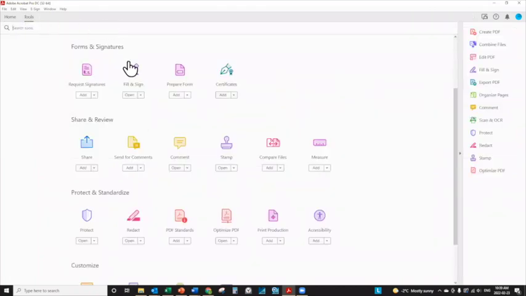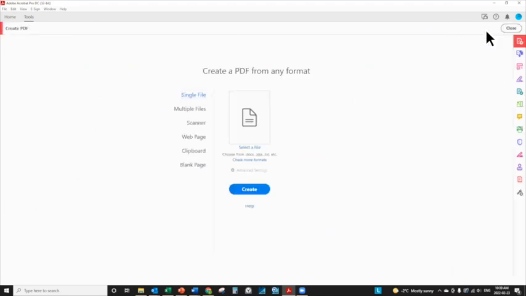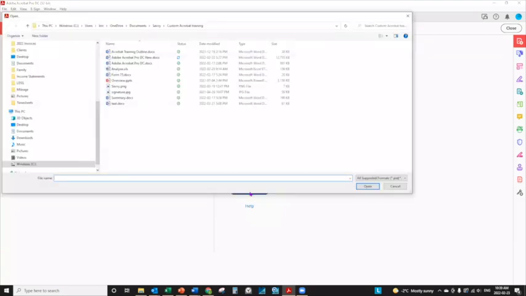and I can either choose Create PDF in the Create and Edit, or because it's on the Tools panel over on the right, I can choose it from there. So I'm going to click Create PDF. And you can see when you first choose that there's a number of different formats over here on the left. So I'm going to start with just single file, and I'm going to click on Create, and what that will do is it will take me to